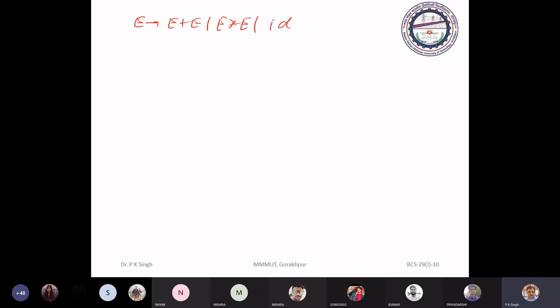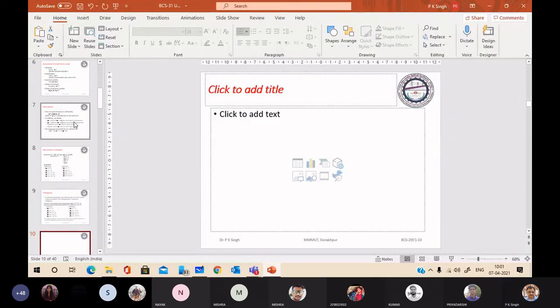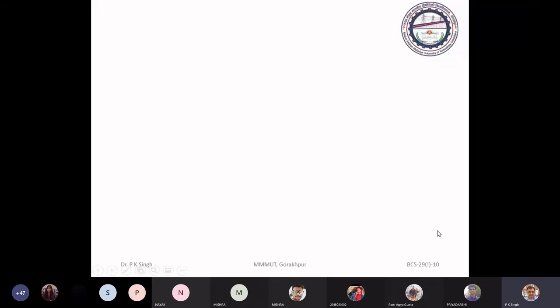Before discussing this, you just see what we get from derivation. This grammar is sufficient: E to E plus E, E asterisk E and ID. This grammar is sufficient to generate this string ID plus ID into ID.